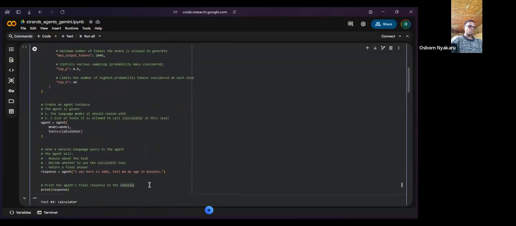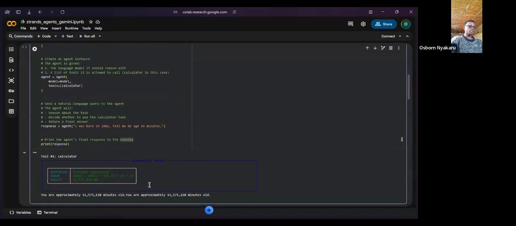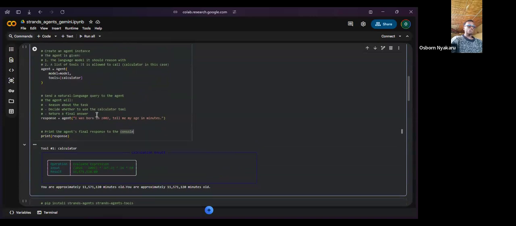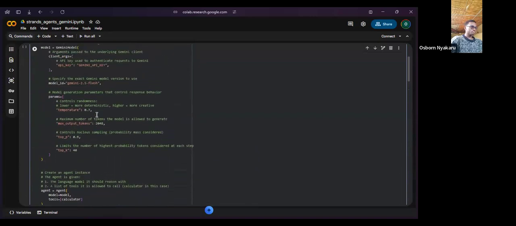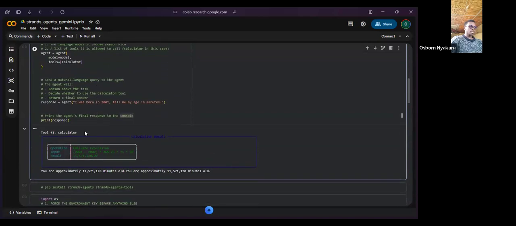Once you run this one, you have the response displayed here. It calls the tool. If you have a number of tools, it's going to list them down: this is tool number one, tool number two.